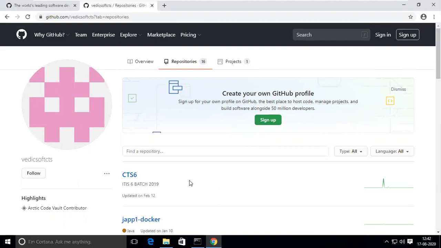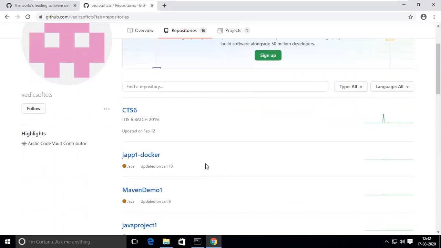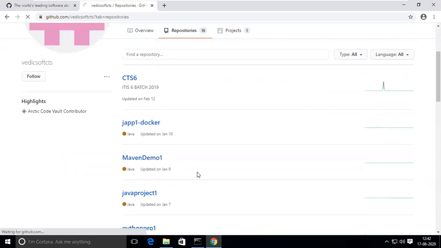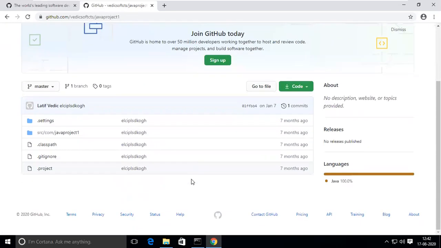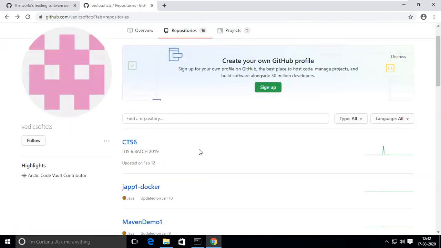Now I will show you a very simple thing: how to take something from GitHub. If something is already in GitHub, how do you take it? Got it? For example, this is a Java project, and this is a different, big project.